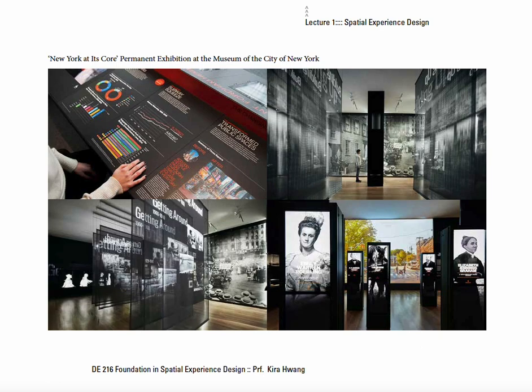Throughout the exhibition, artifacts, photographs, multimedia displays, and interactive elements provide a multifaceted view of the city's history and its diverse communities. This exhibition aims to engage visitors with the complex and multifaceted story of New York City's development, highlighting its cultural diversity, economic significance, and enduring resilience.